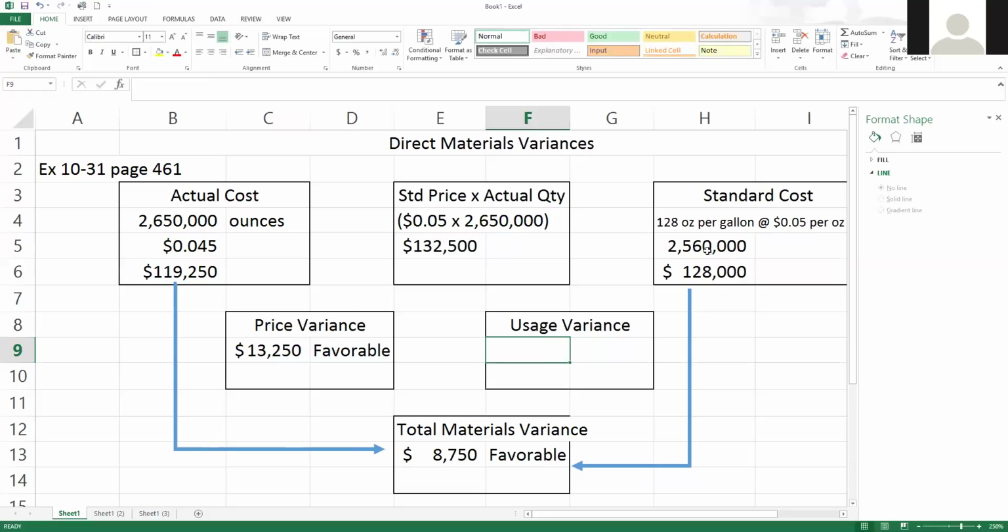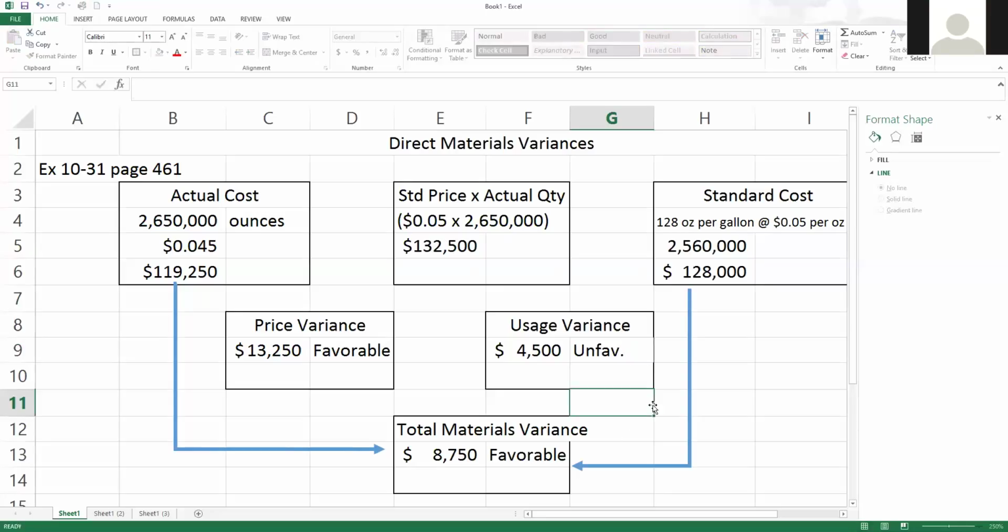We were supposed to use 2.5 million, and we used about 2.6 million. That's not good news. The 2.6 million is also reflected here. So this usage variance is going to be the comparison of the standard 5 cents for the actual number of ounces we used versus 5 cents at the planned number of ounces. Now you get a $4,500 variance, and we know that was unfavorable because we used more ounces than we were